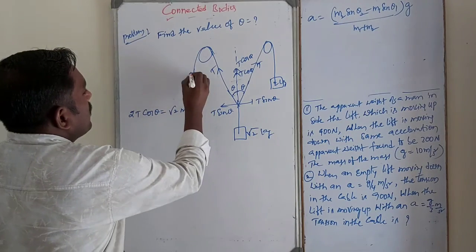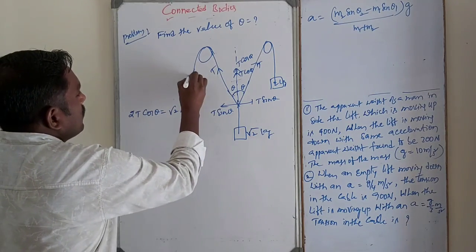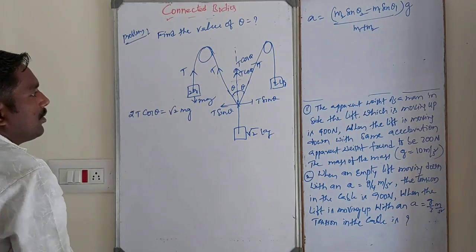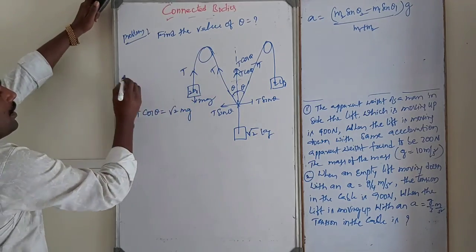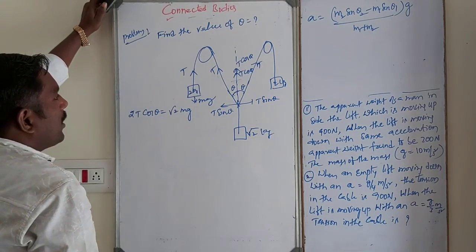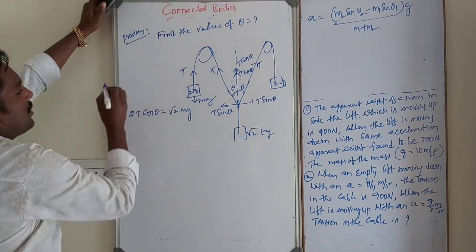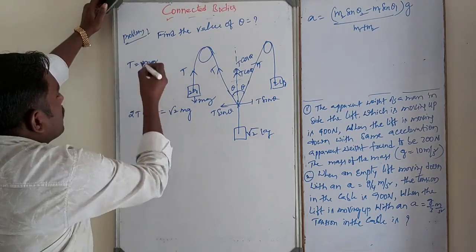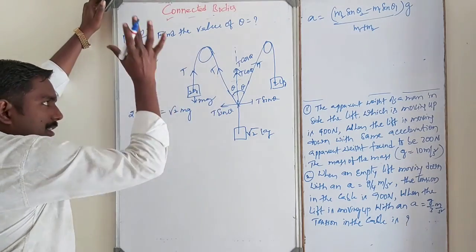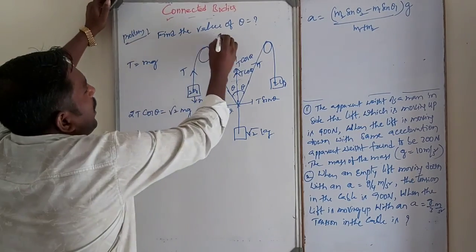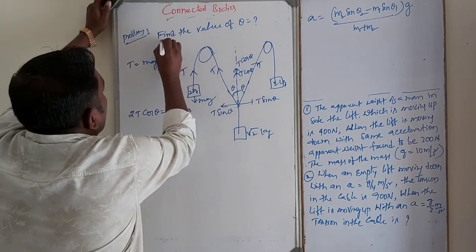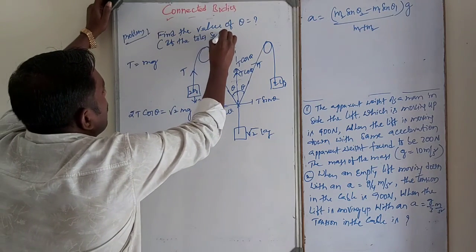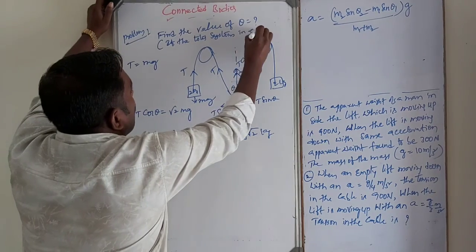So what is the value of tension? This is tension, this is the weight mg. So draw the free body diagram for this only. So tension is equal to what? T is equal to what? Mg. Because if the system is in equilibrium, find the value of theta. If the total system is in equilibrium,